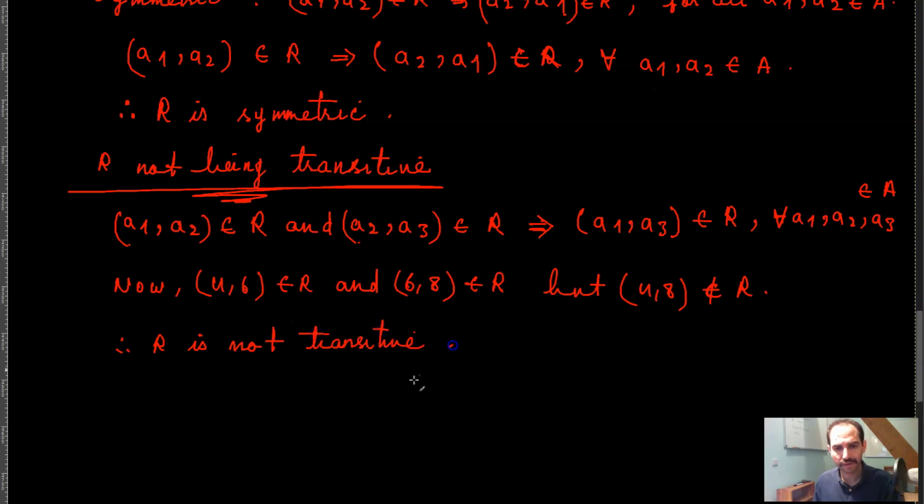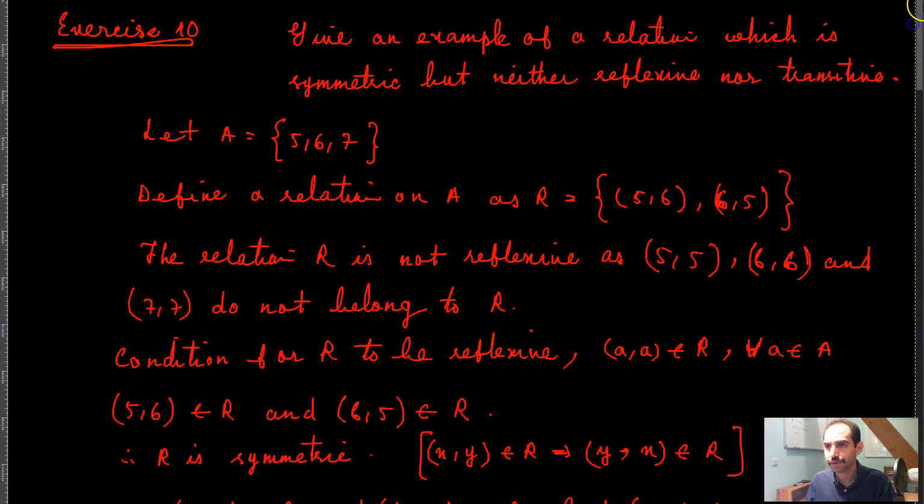R is not transitive, right? So that was another example here. Part 3 we already did. So now part 4 of this question, we need to